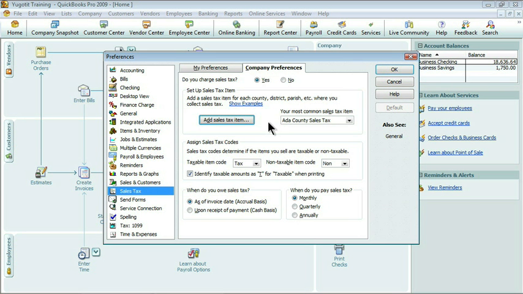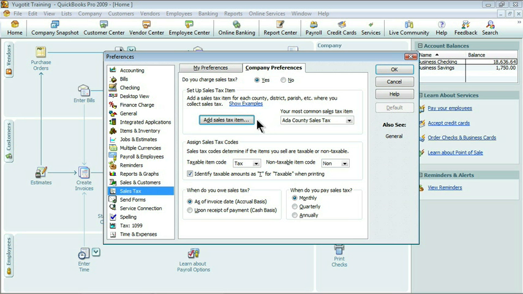What I currently have are 2 separate taxes, but here's the way sales tax plays out in our scenario. If you live in the state of Idaho, you pay Idaho tax. If you also live in Ada County, which encompasses probably 5 or 6 different cities and towns, then you pay both the Idaho tax and the Ada County tax. Because I need to have a group of taxes, instead of listing each of those individually, I'm actually going to create a tax group made up of both Ada County tax and